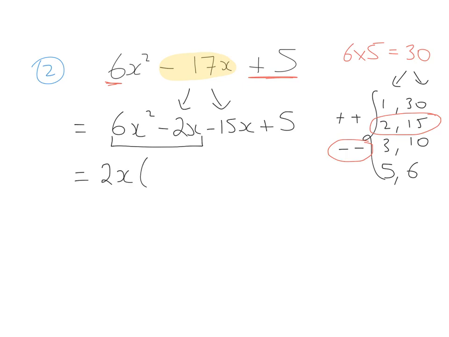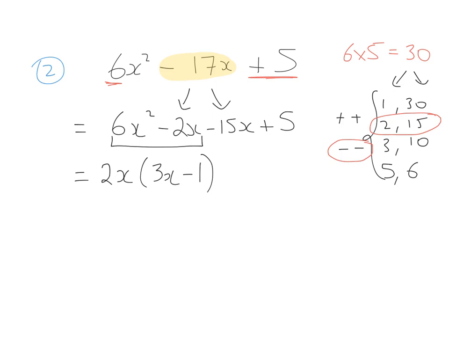Then we say to ourselves, what times 2x gives me 6x squared? That's going to be 3x. And what times 2x gives me minus 2x? Be really careful of that. That's just going to be minus 1. Sometimes students say to me, oh, but it's the same thing, so I don't write anything down. If it's the same thing, you write down 1, because it needs to multiply by the 1 to get the same term. And obviously the fact that there's a minus in there as well,